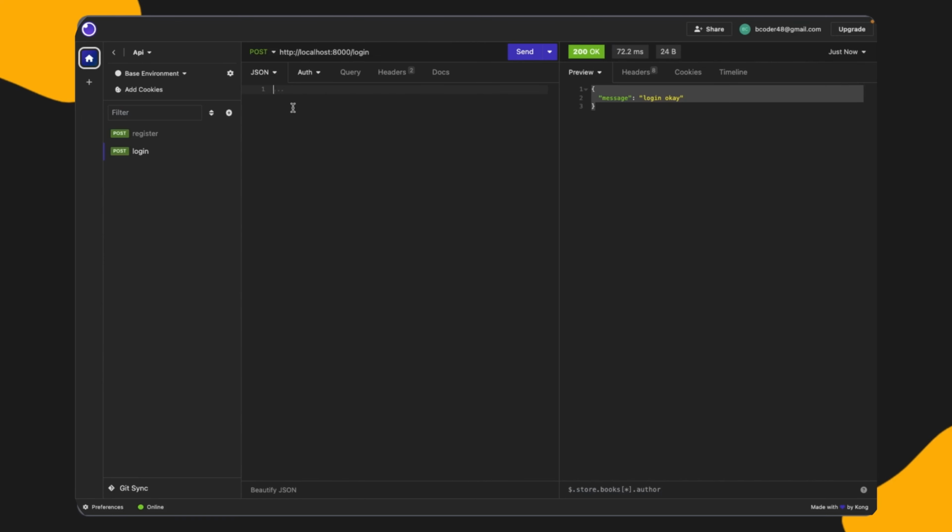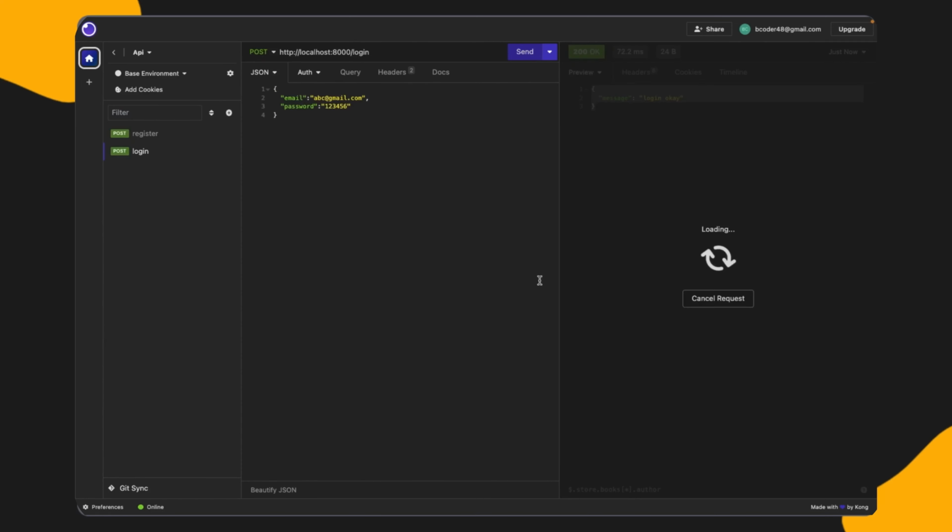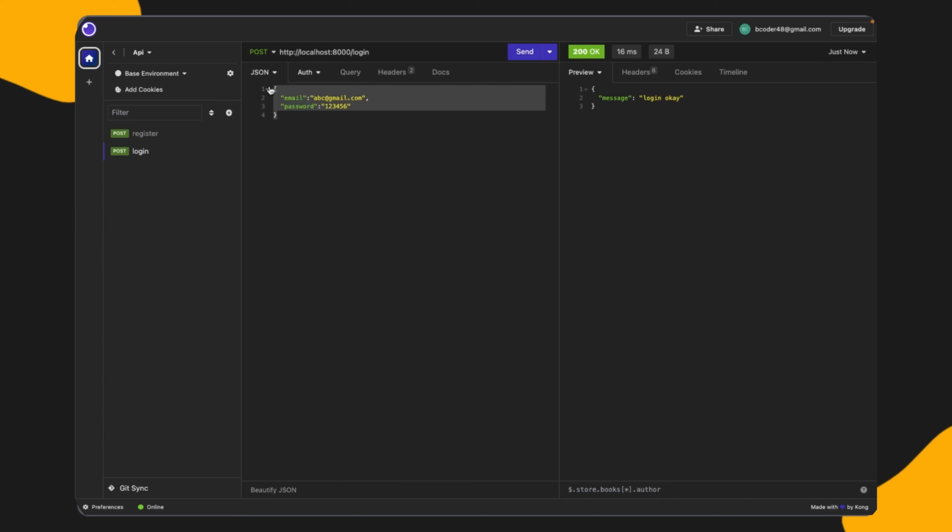Now this API we will use on the front end side. So in the front end we can send the data like this. In the login we just need to send the email and password, and like this we will send. This time we are not utilizing this data, I am just sending it, and this return message is coming because statically we are just sending this login okay message from there. But like this we will send the email and password. So Insomnia or Postman is there for testing the APIs, whether they are correct or not.